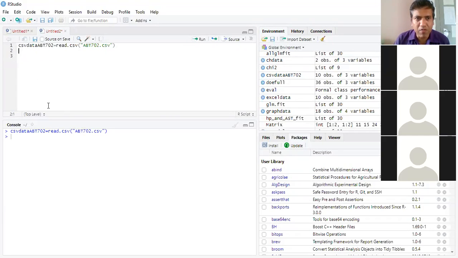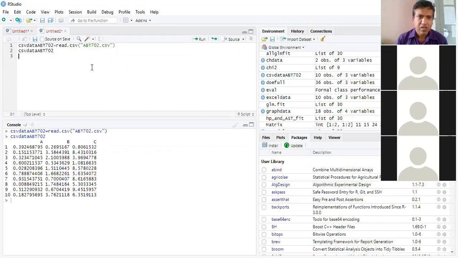The name of my data is CSV data ABT702. So let me see how the things have come. You can see data has been entered here. But there is one point to be noted.